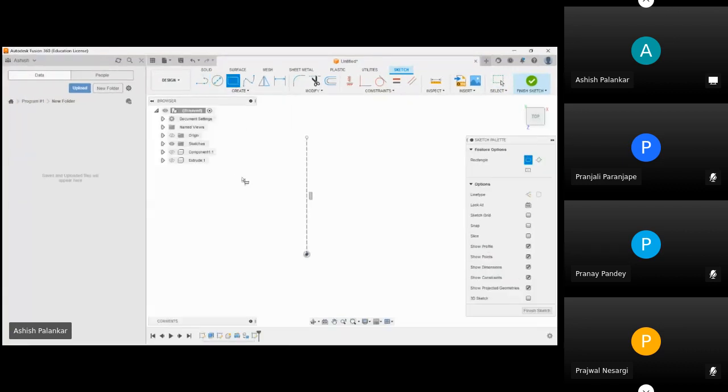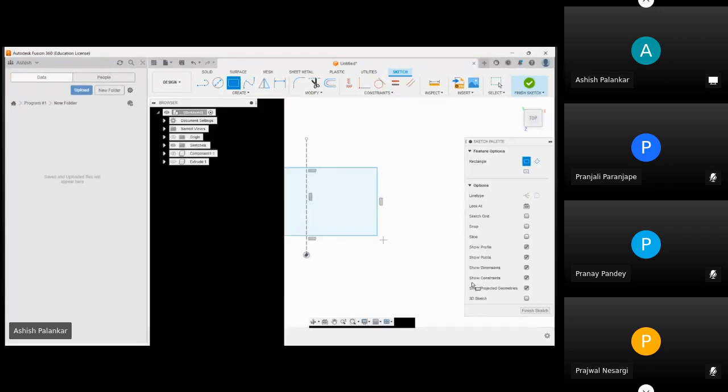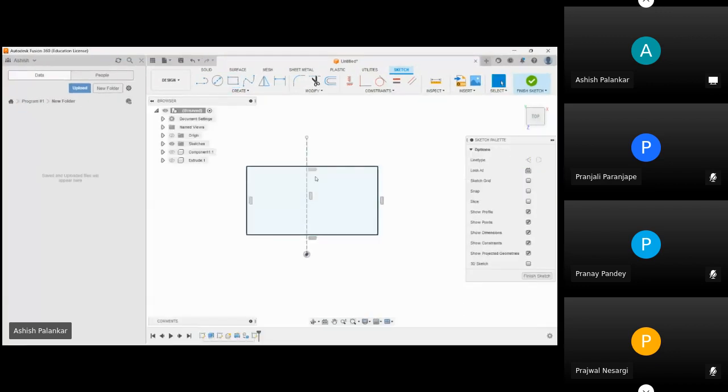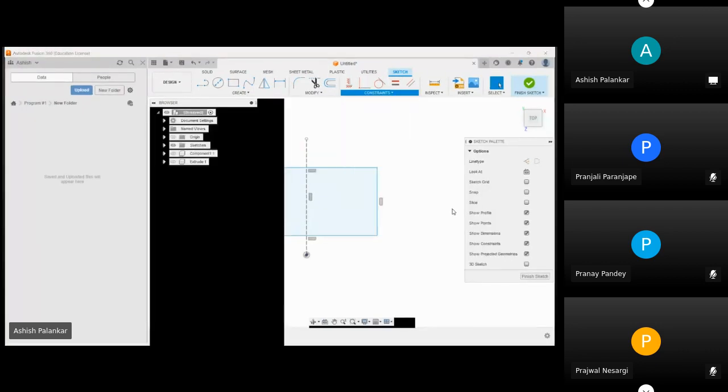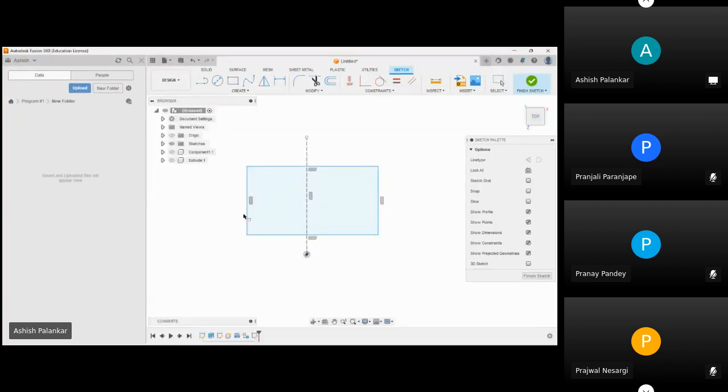Select a rectangle just with random dimensions. As you can see, these two lines are not symmetric with this line. So if you select the symmetric constraint,